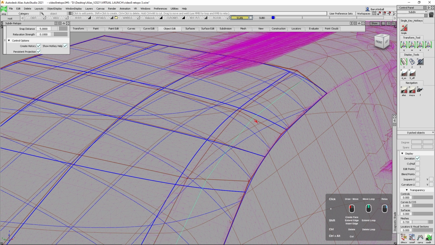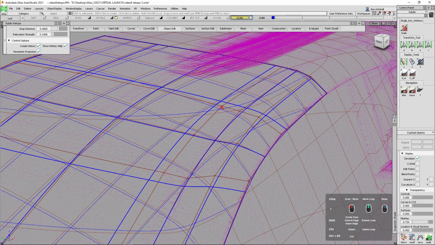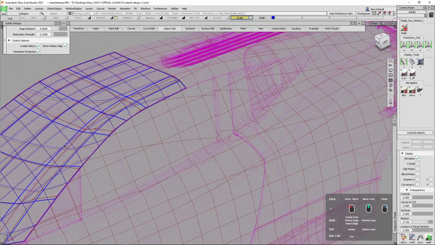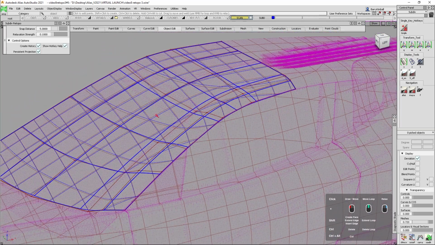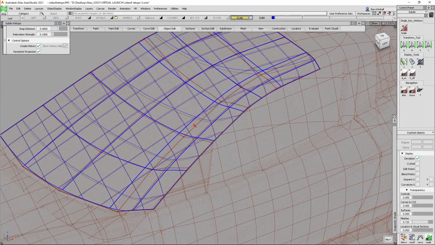So I'm going to insert an edge right there. And I might even insert another edge over here. And that's just going to keep bringing that surface data closer and closer to the reference data. Now that last one didn't make a very effective change, so I might just leave it like that. Okay. And then when I'm done, I could come back and do some more tuning to get this closer to